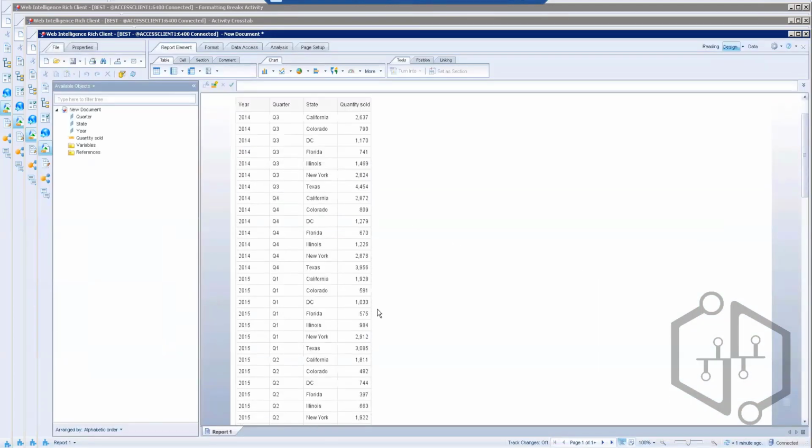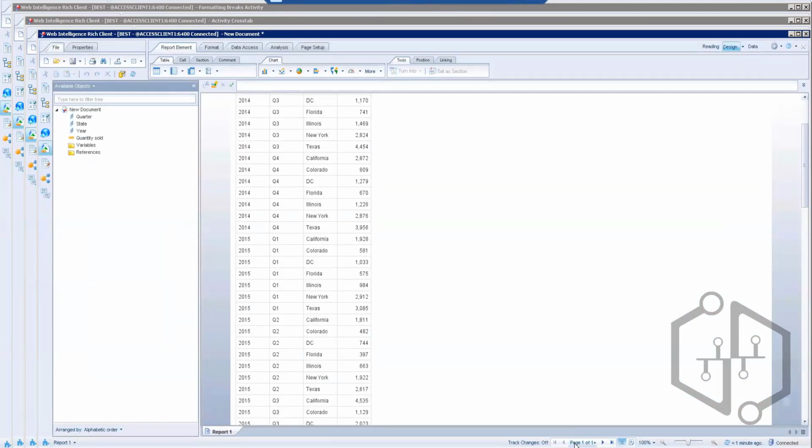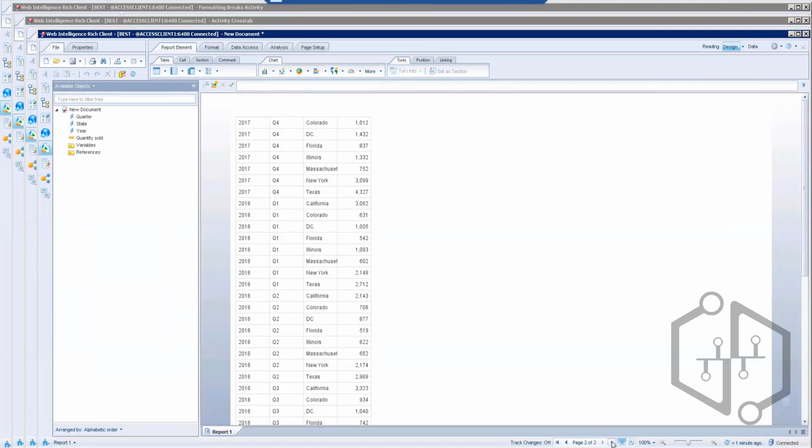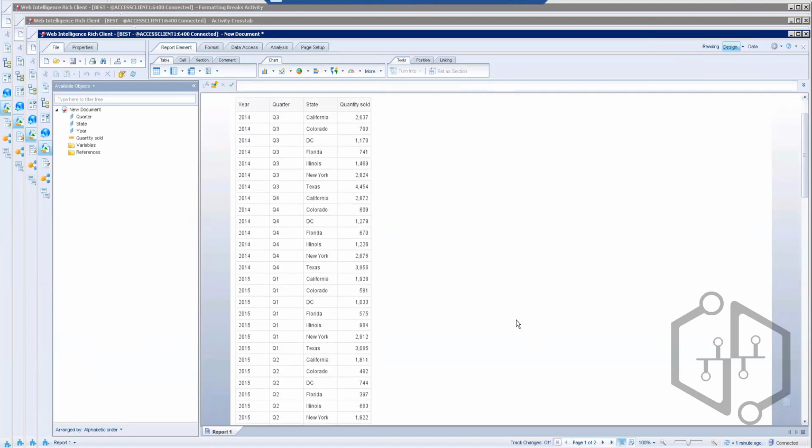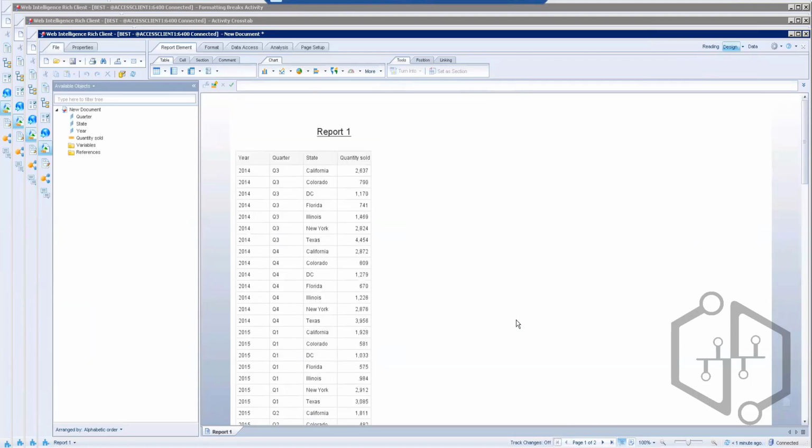By default, it shows the data like this. If you see here, this is page one of 1+. If we click on this, we can see how many pages there are, 2 pages. So it is normal table format. By default, we get it like this. So what we can do is change this look